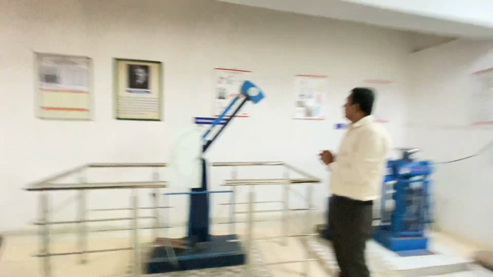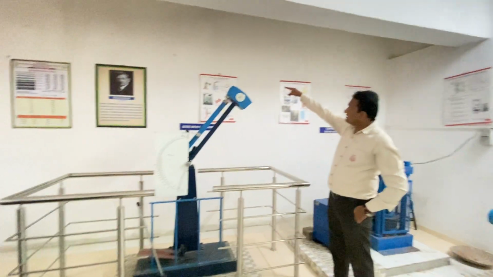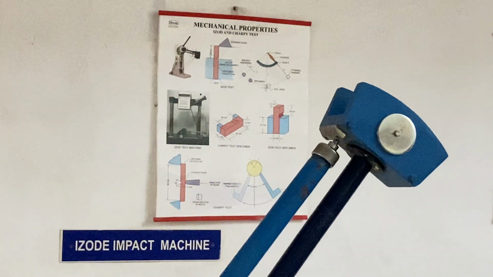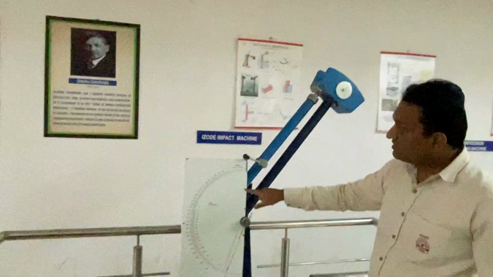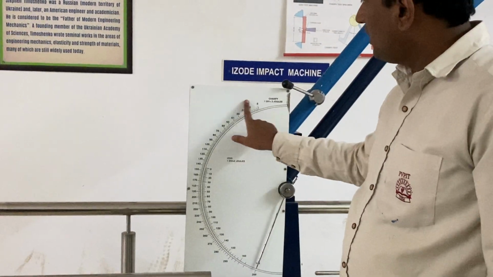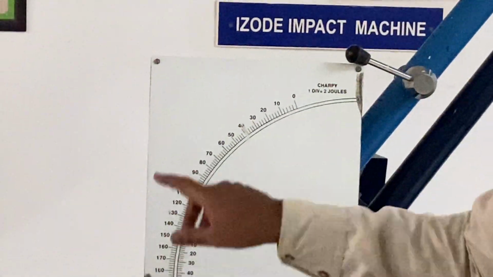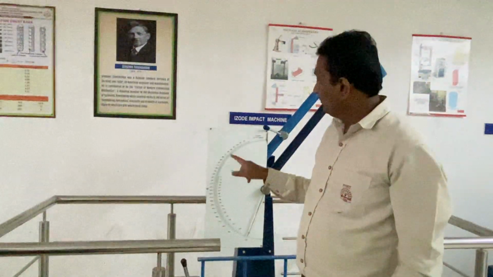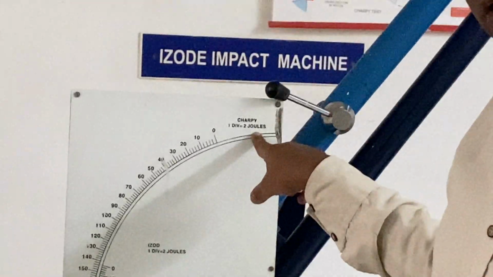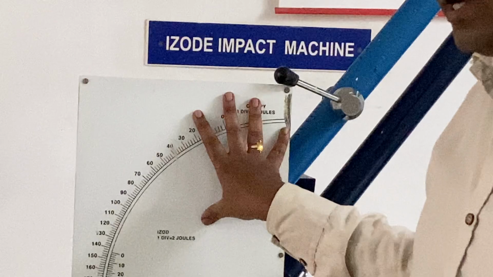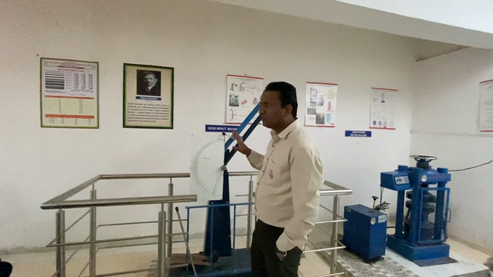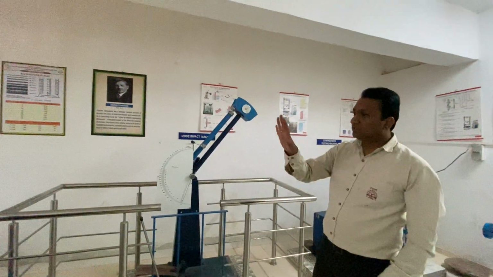So same thing if you observe here. In the Izod test we will place the specimen vertically. In the Charpy test we will place the specimen horizontally. The inside reading is for Izod and the outside reading is for Charpy. Energy is to be measured in joules. While performing, I will explain specimens in depth. Just now I am giving a brief introduction of all the experiments.